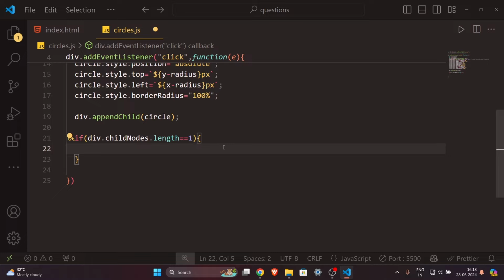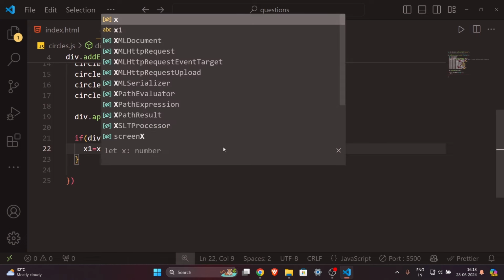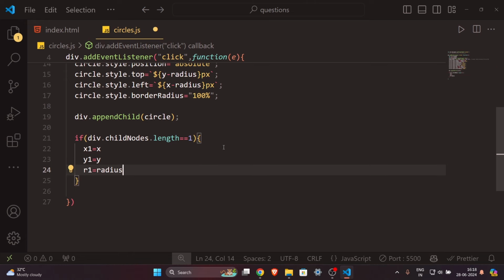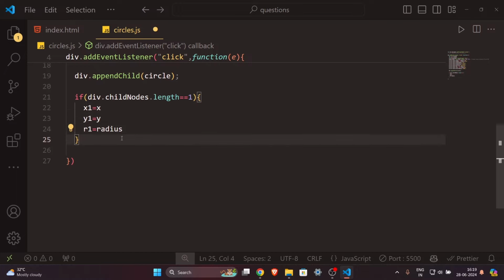So here we are getting the x1, y1 and r1 of the first circle. I will write over here x1 is equal to x, y1 is equal to y, and then r1 is equal to radius. In this way, we have created three variables and given them some values. Remember, this one is for the first circle. Else,